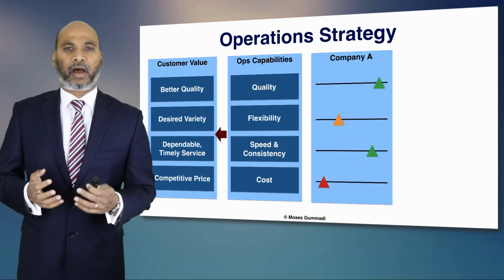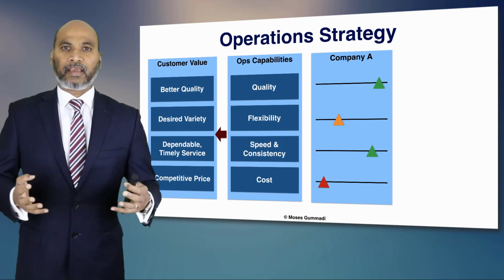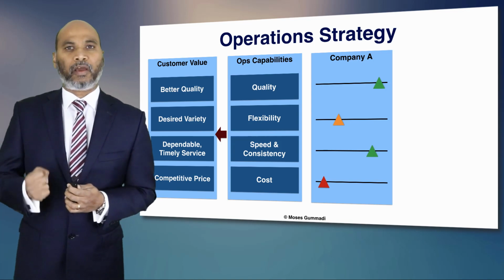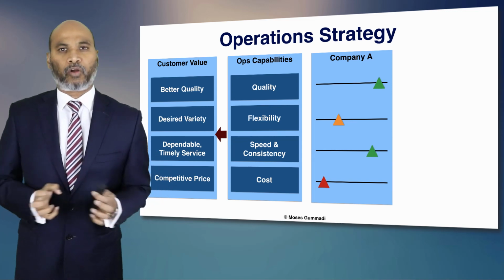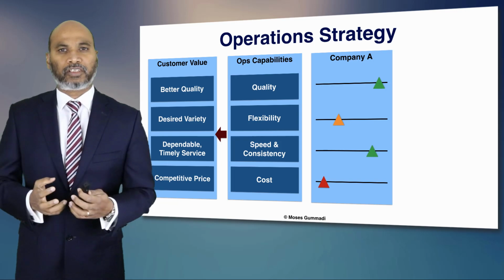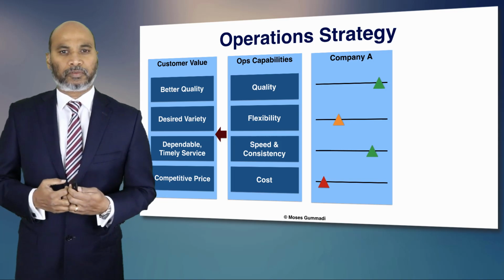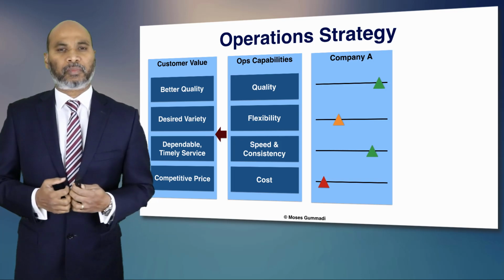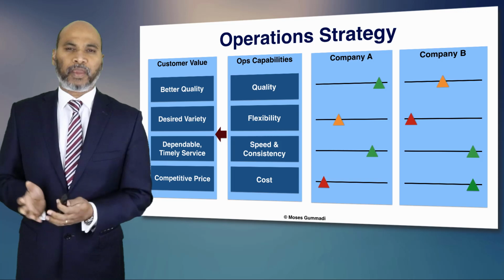And so companies might choose a strategy called an operations strategy. How do we play in this market by configuring our operations, and what do we play with our strengths? For example, company A may have designed their operations and come up with a strength, the capability of being able to deliver high quality products at a very high speed and in a consistent manner, whereas of course they're not so great on flexibility and not so great on the cost or the price either, whereas a company B may choose a